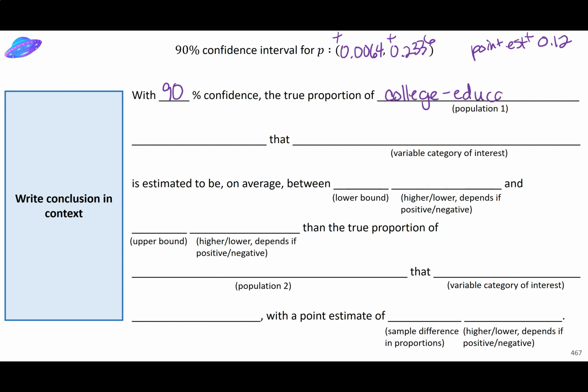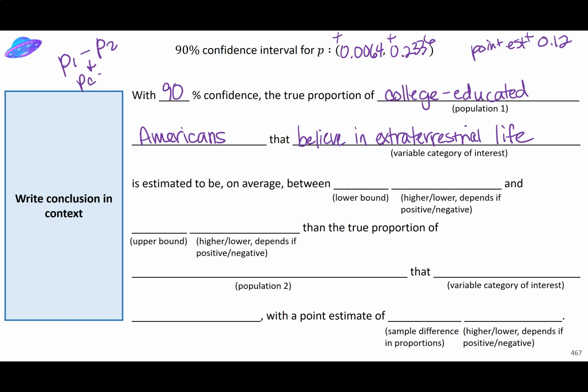I don't know what age group, that would probably matter. Or the year, because honestly, if you took this 50 years ago, it'd be different. So the true proportion of college-educated Americans that believe in extraterrestrial life, and this is the part I regret writing by hand every time, terrestrial life, is estimated to be, so because I did p1 minus p2, that was specifically p college minus p non-college. I talk about college and then I talk about non-college. Is estimated to be between